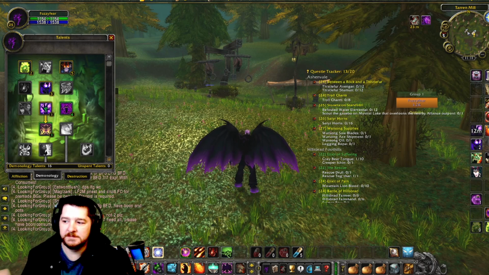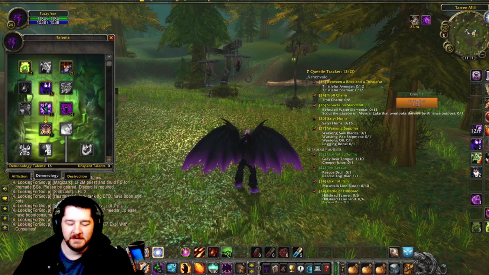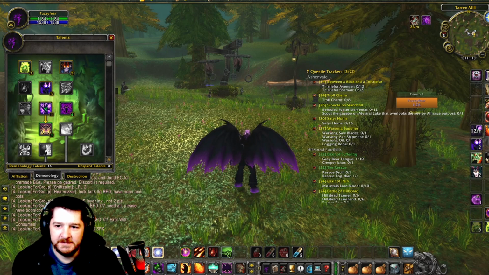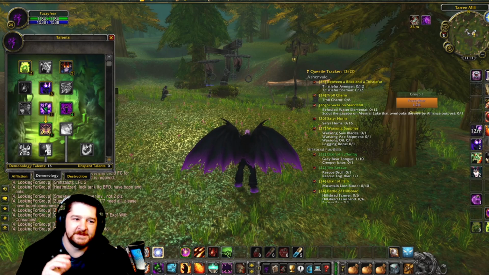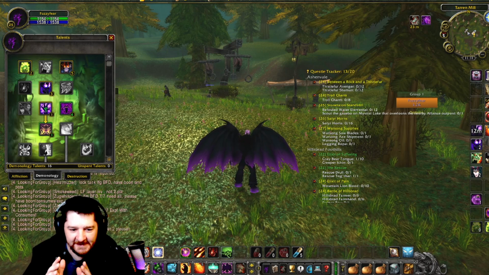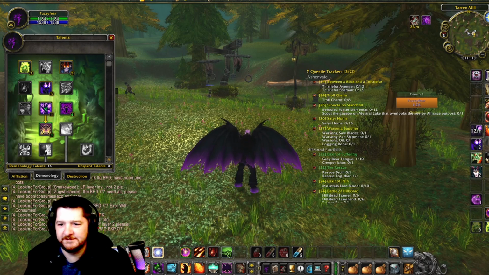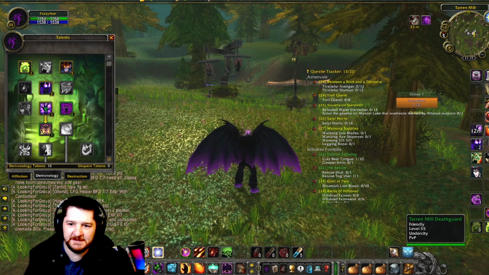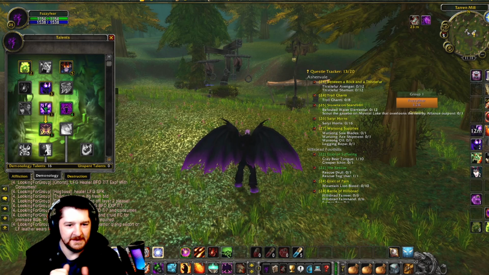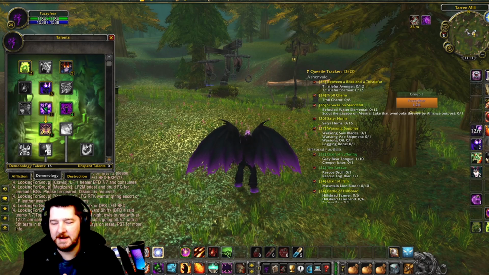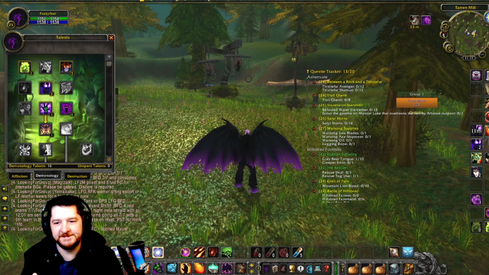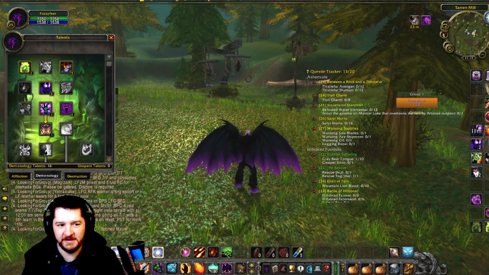With Affliction, you could swap back and forth between DPS and tanking a little easier. But since we're talking about the specs from a tanking perspective, I don't really count that. We're just talking about tanking right now, and why I lean more towards the Demonology tree and why it's more effective for tanking for me.